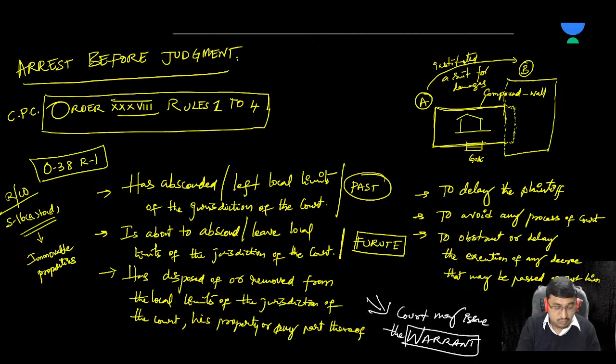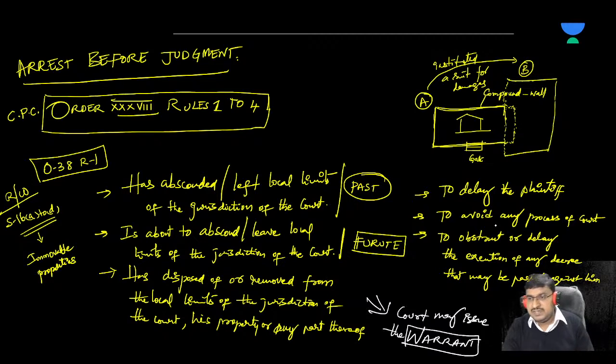The court may issue a warrant to arrest the defendant and to bring him before the court to show cause why he should not furnish the security for his appearance. Therefore, in order to furnish the security, the civil court may pass an order under Order 38,